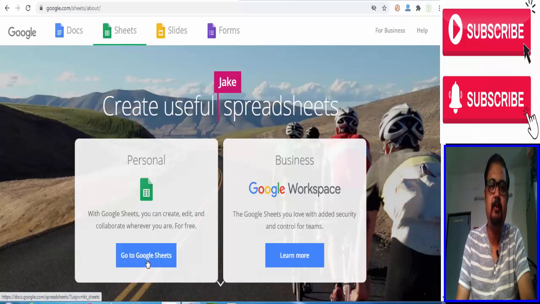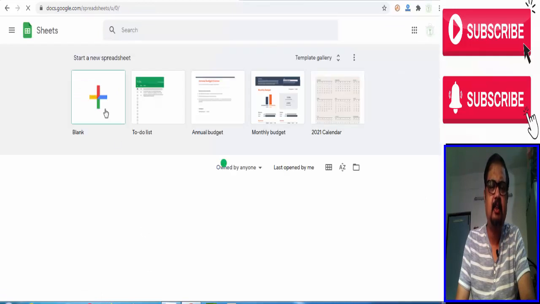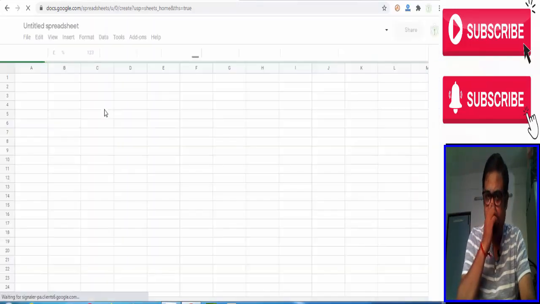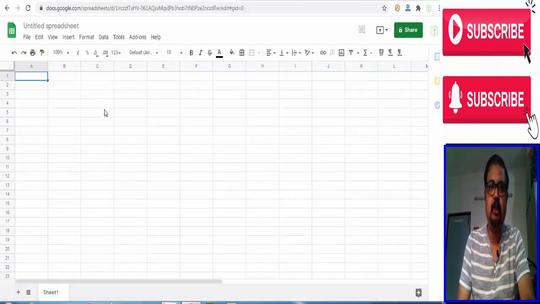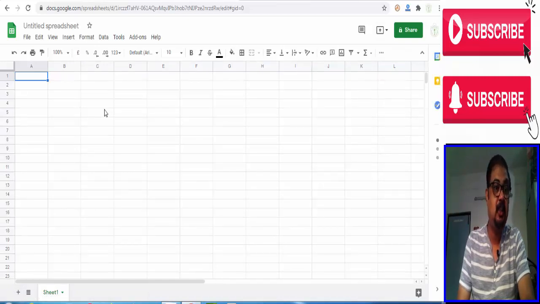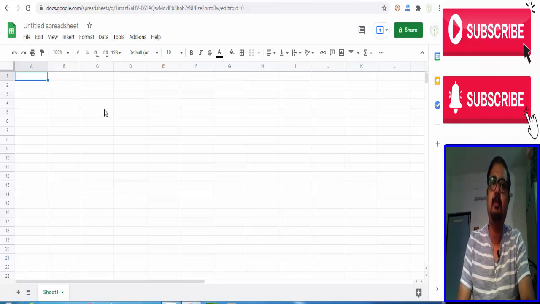For that we have to make a database in Google Sheet, because if we learn these two things, then lots of things we can do. We can create a database in a Google Sheet, we can create a login system in a Google Sheet, and everything. What can we do with a MySQL server? All those things can be possible in Google Sheet, believe me.